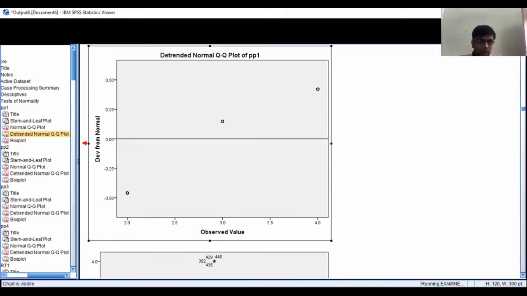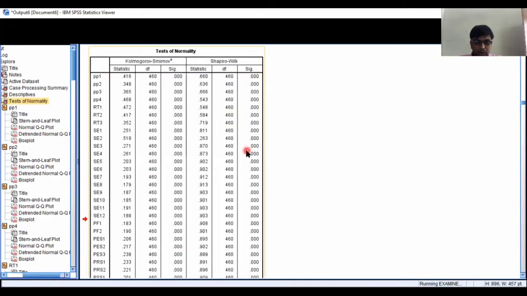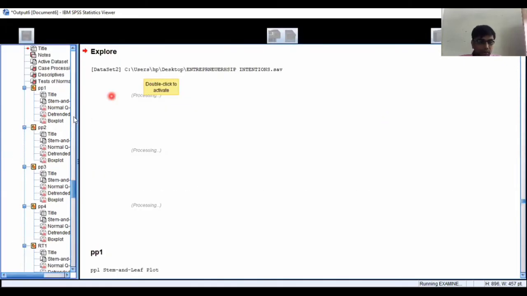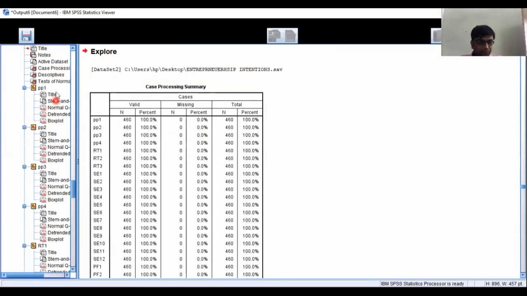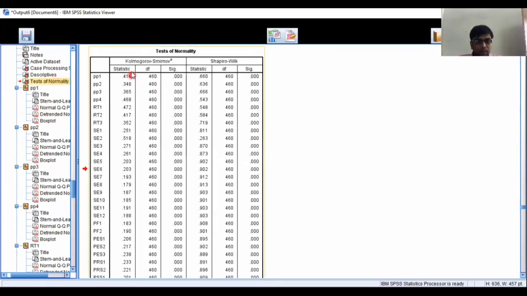Let's click on it. Yes, the result is over here. You can see that two tests are used over here, the Kolmogorov-Smirnov test and the Shapiro-Wilk test.